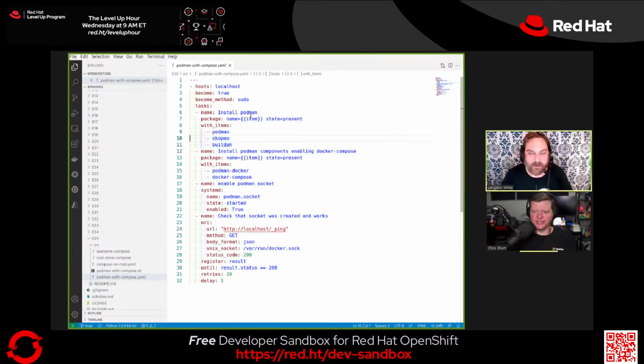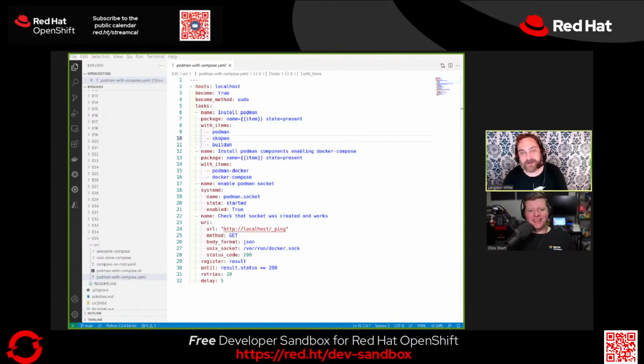So Skopeo, I don't play with it that much. I mostly just use it for search. So it's like container search. I think it does other stuff too. It does a lot of other stuff. Well, hey, look, let me find the homepage real quick for everybody. But basically, you can